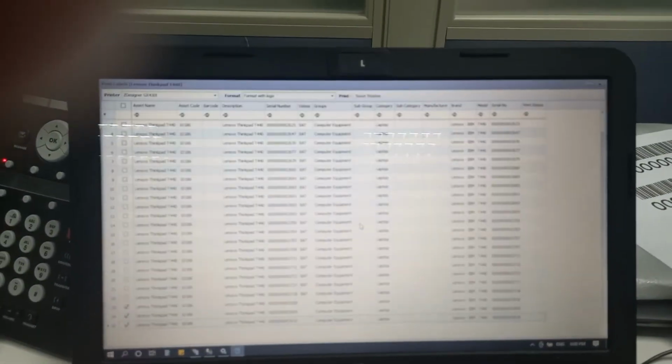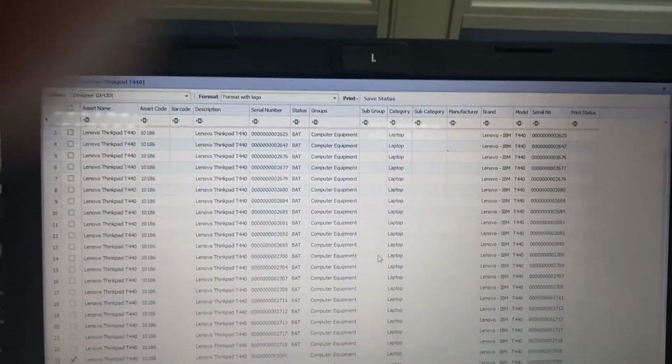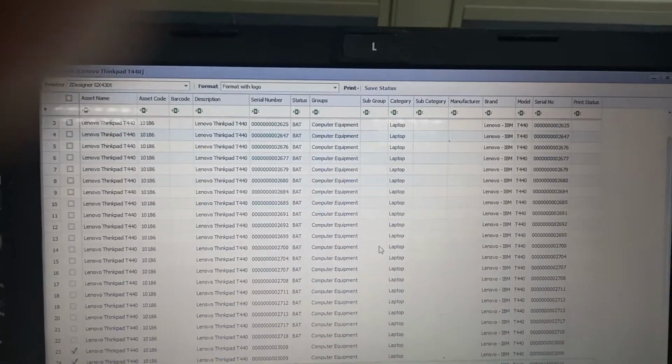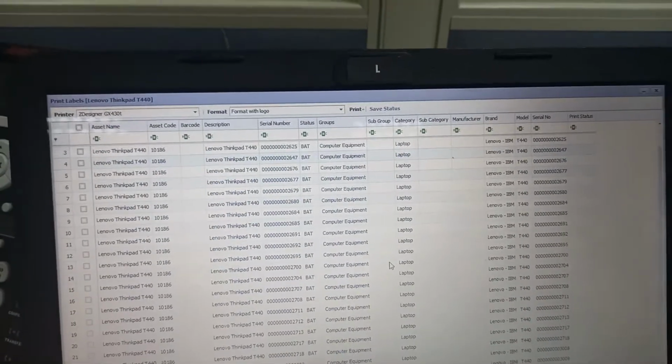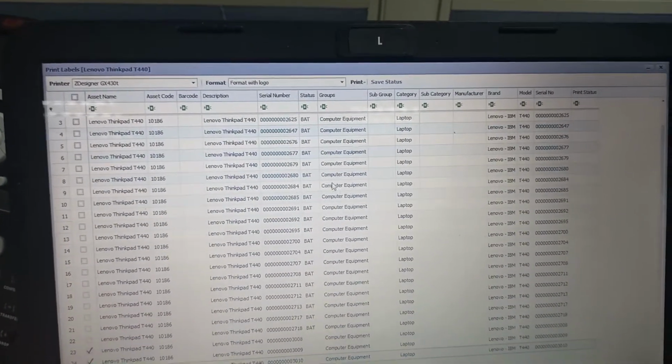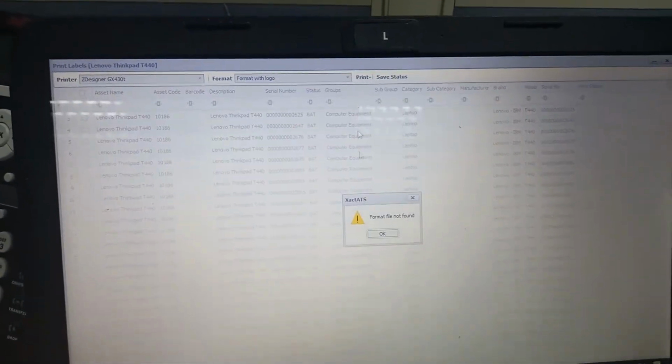Once you print, it will give you information that this particular barcode is printed. Then it will ask you to save the information of what is printed, so you can save that information. Here it is a demo database. There is some configuration file missing from the format, that's why it is not getting printed.